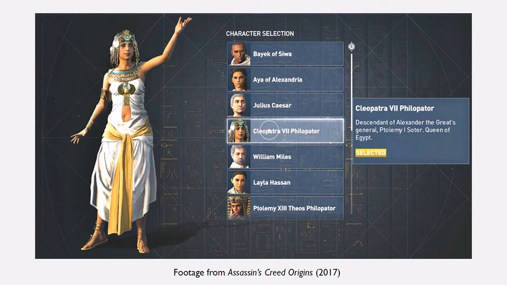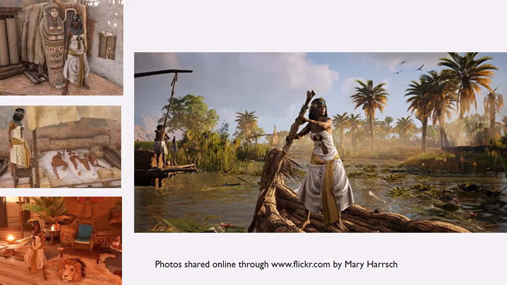With the game, you can also choose to undertake a discovery tour. So yeah, she's one of the characters that you can play. Yeah, fairly near the top of the list. That's good. And you can wander the game world as Cleopatra. So these are just some images I found of people doing that with her as their avatar, and so you can put Cleopatra into the world of Hellenistic Egypt in the game as the game doesn't actually do itself. And there is a tour specifically dedicated to her. Now, I'll come on to that in a little while.